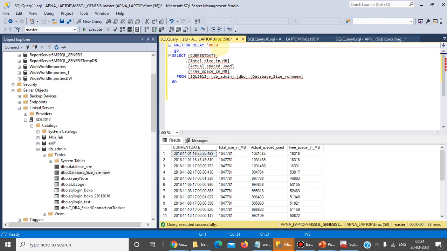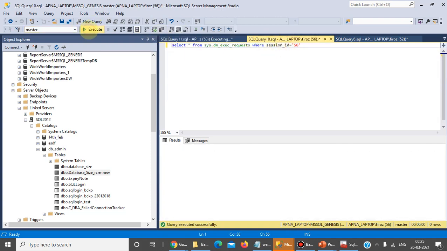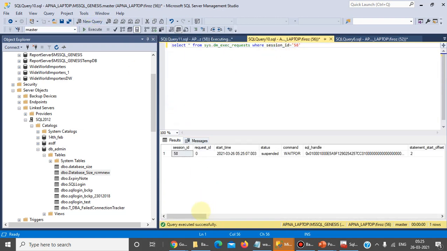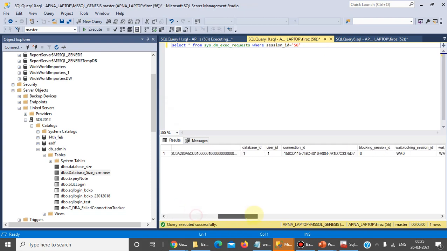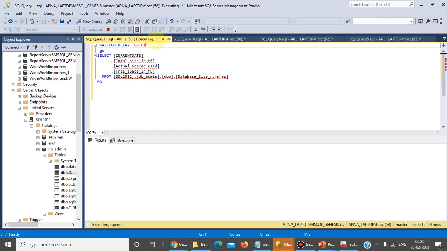I am selecting wait for delay 1 minute, and after that it will run the below query. Before that, the query will show wait information. After 1 minute, it will show OLEDB information, might be.